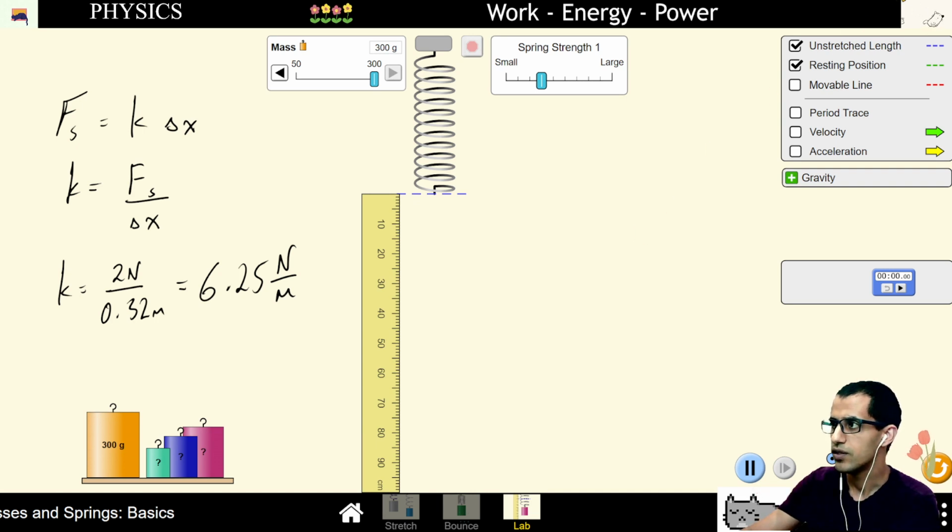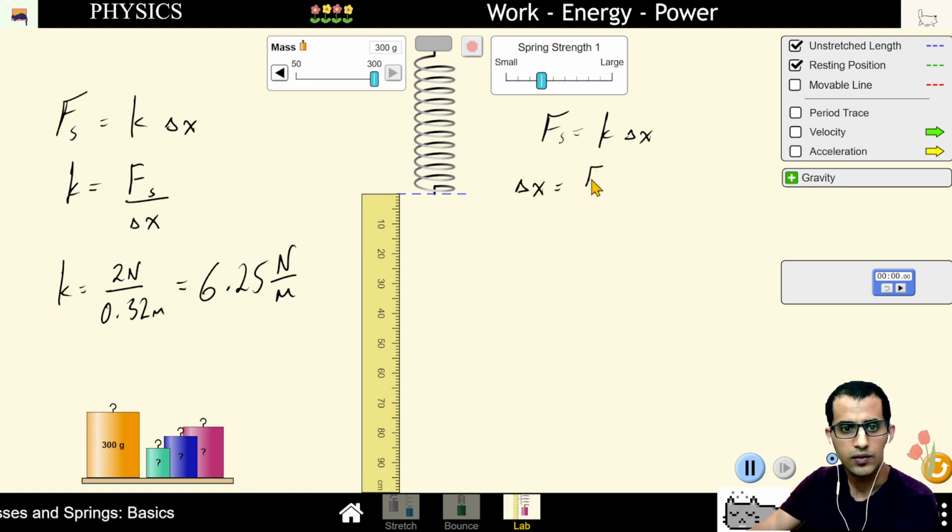So to do that, it's just a different set of variables. We're going to use Hooke's law again. F equals k delta x. This time I'm going to solve for delta x, which is equal to the force divided by the spring constant. So delta x, the change in length of the spring, will now be: the 300 gram mass is going to apply a force of 3 newtons, and the spring constant is 6.25